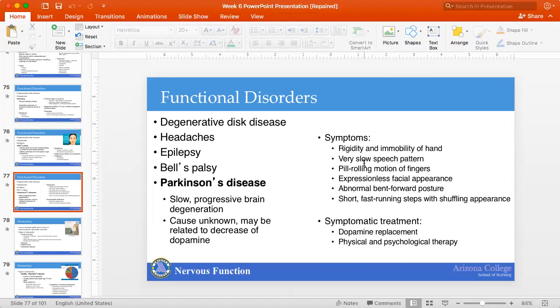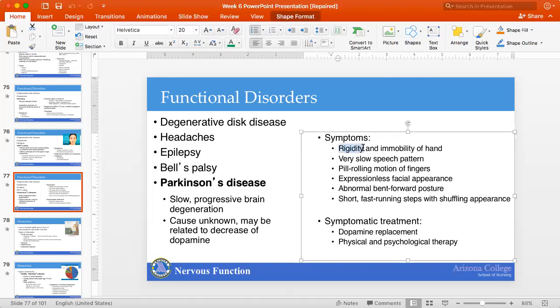So the most common symptoms that you'll see with someone with Parkinson's are rigidity and then immobility of the hands and extremities. Very slow speech pattern. Also, you'll hear their speech get a lot more quiet. Pill rolling motion of the fingers, almost like you're rolling up a ball of clay in your hand, in your fingers. Expressionless facial appearance,